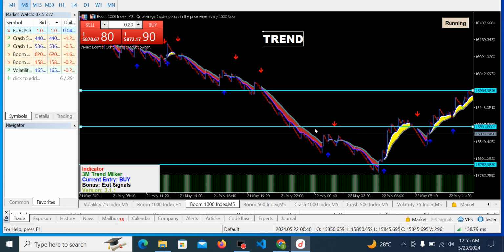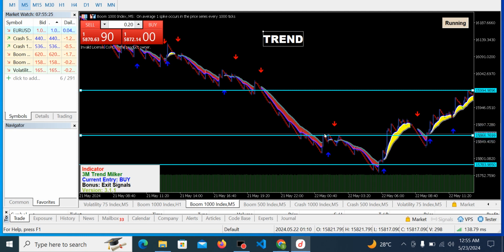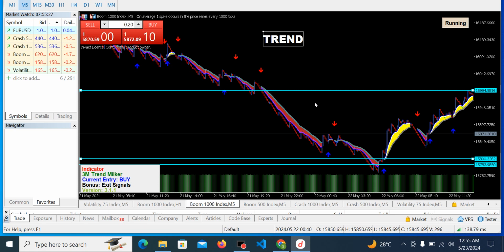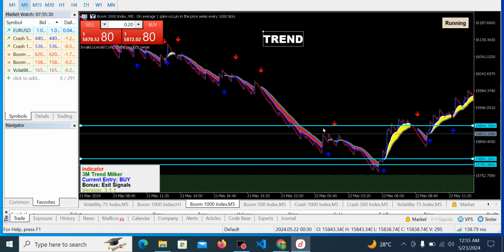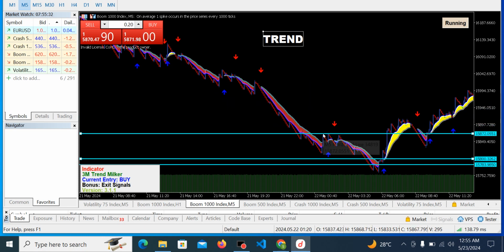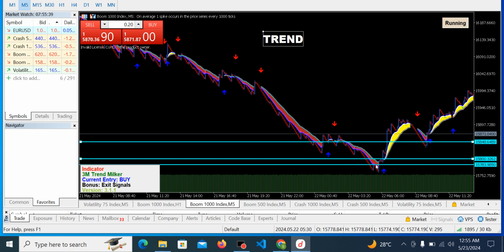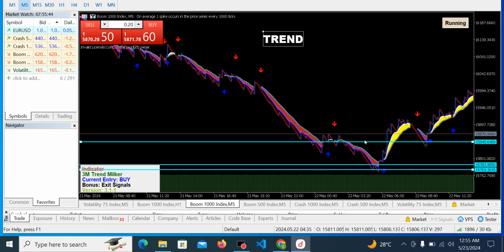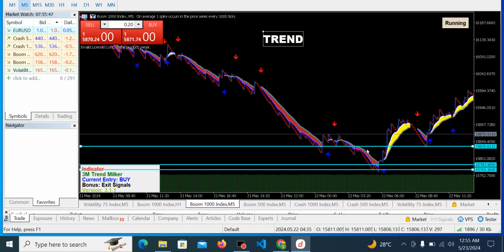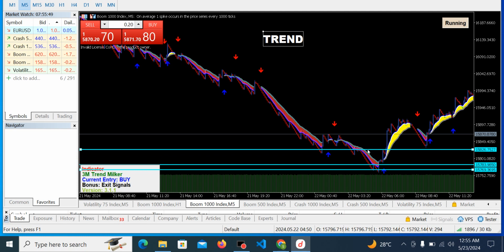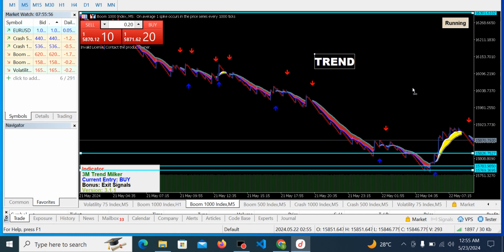It kept on going down and down, got to this region, had a pullback, went back down again to break out from there. Then you will readjust your stop loss again to lock up more profit, about 80% of the profit this time around, because the market is already approaching a support zone. This actually got to the support zone, then you should readjust your stop loss to lock up more. And if it does not break out from the support zone, then definitely it will hit your stop loss and the profit will go straight to your balance.